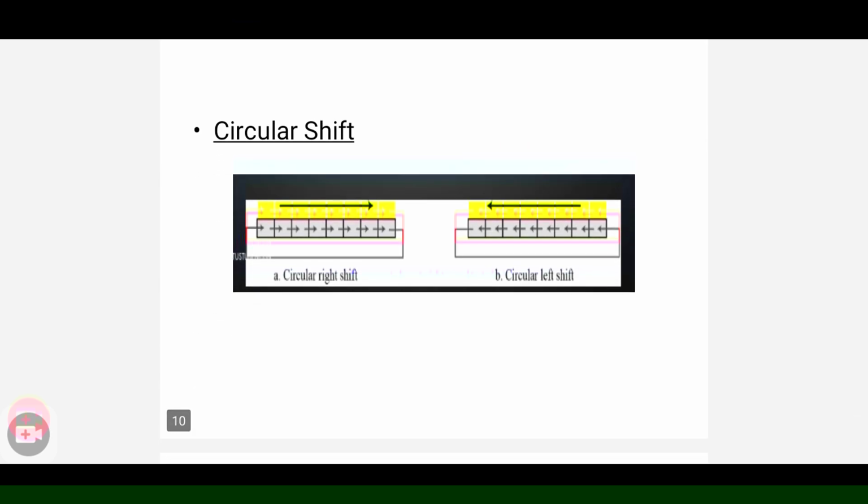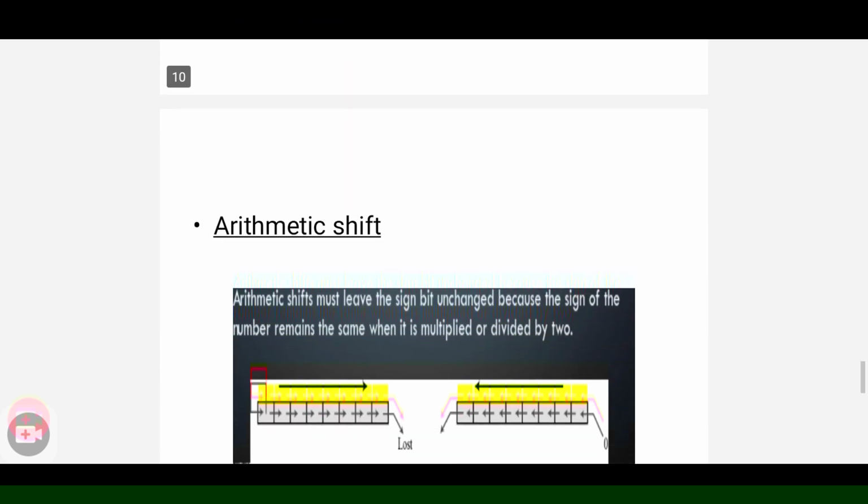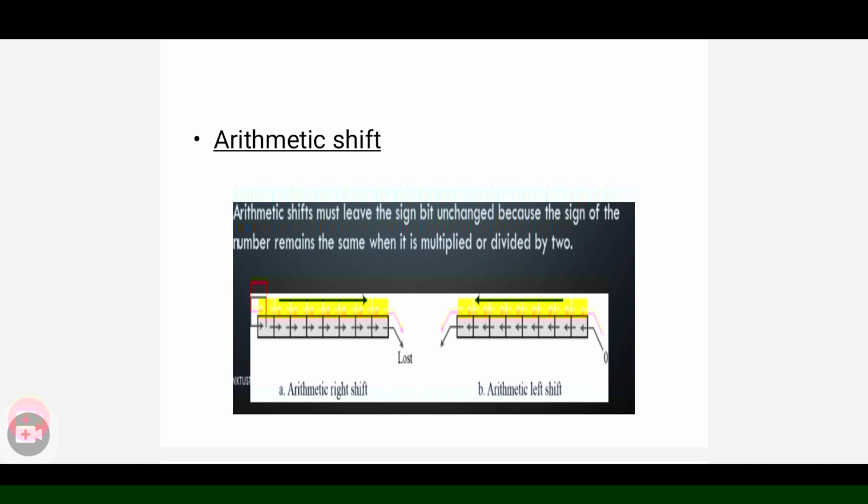And in circular shift, if we are using a right shift, the content of LSB is moved to the MSB part. If we are using a left shift, that means circular left shift, the content of MSB is shifted to the LSB part. That is circular shift. And there is a third case, that is arithmetic shift,